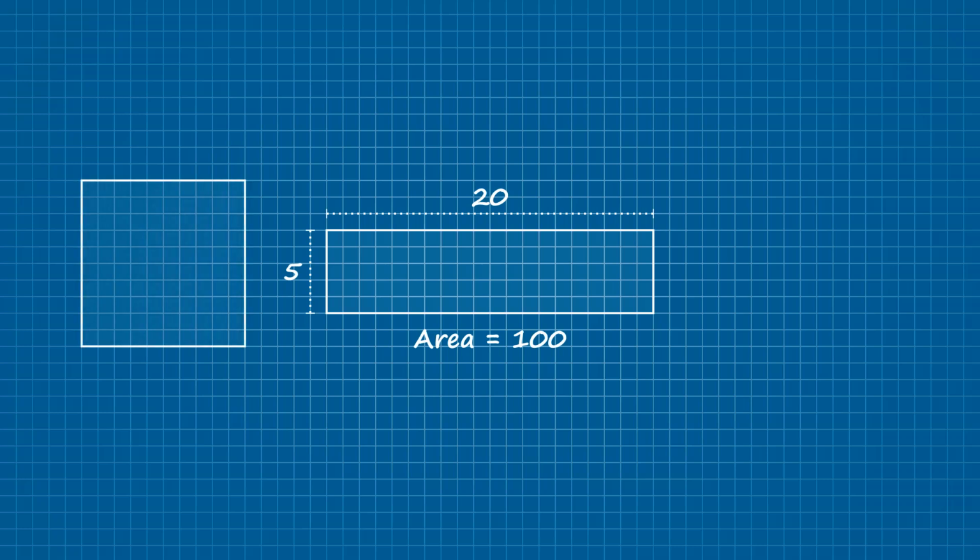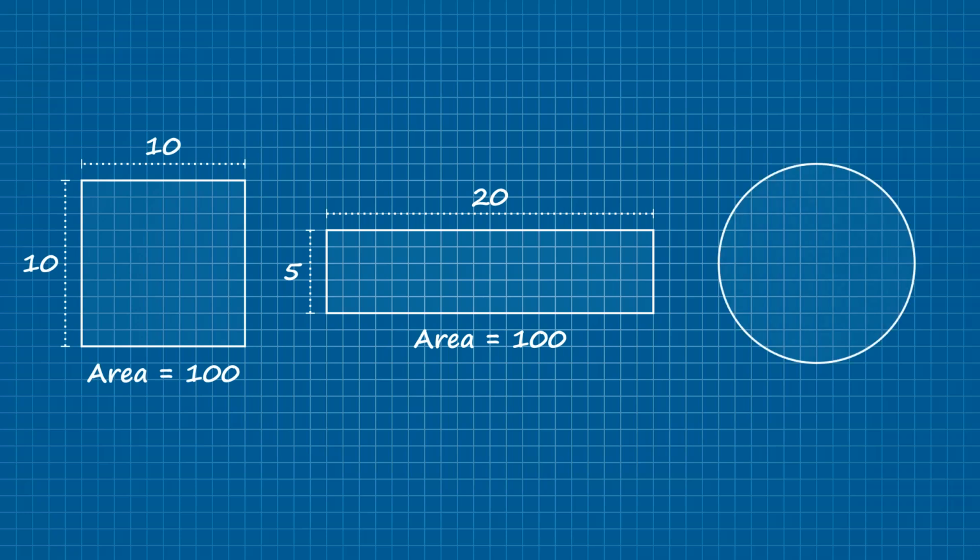Here's a rectangular vent that's 5 units tall by 20 units wide. This gives us an area of 100 square units. Next, we have a square vent that's 10 units tall by 10 units wide. This also gives us an area of 100 square units. And finally, here's a round vent with a diameter of 11.28 units, which again comes out to 100 square units. So, as you can see, all three examples have the exact same vent area, but that's about as far as